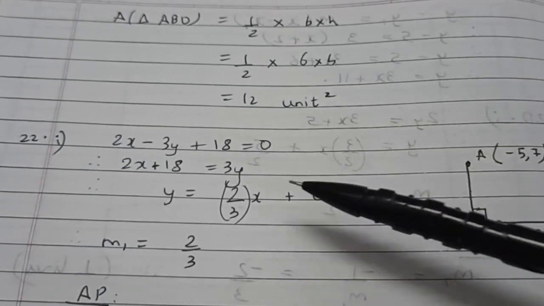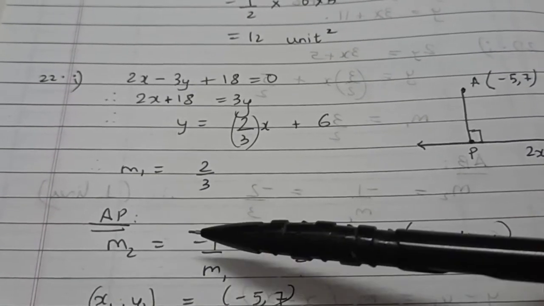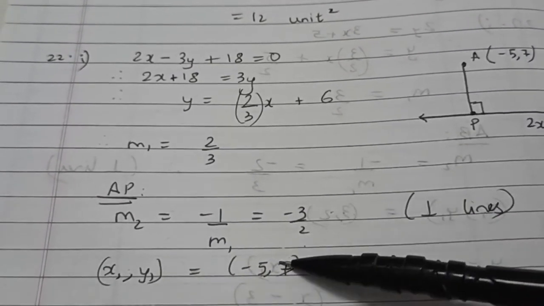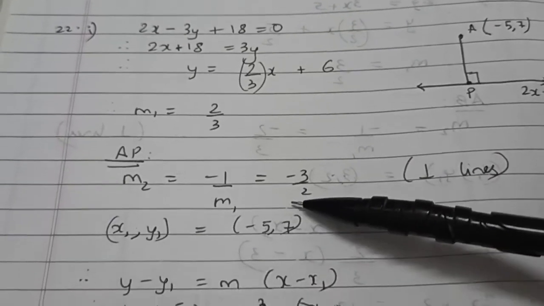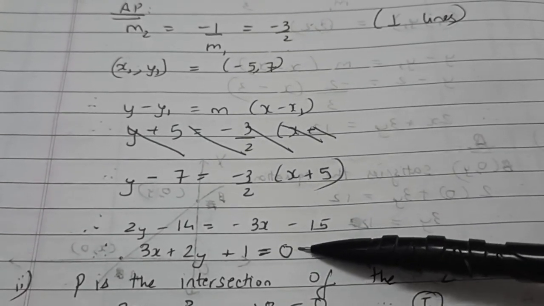How do we do that? Well, y is equal to mx plus c, find the slope. For AP, the slope will be the negative reciprocal of this, which is minus 3 upon 2, they are perpendicular lines. We already know 1 point on AP, which is point A. Use the point slope form and substitute the values and get the equation. Second point, find the